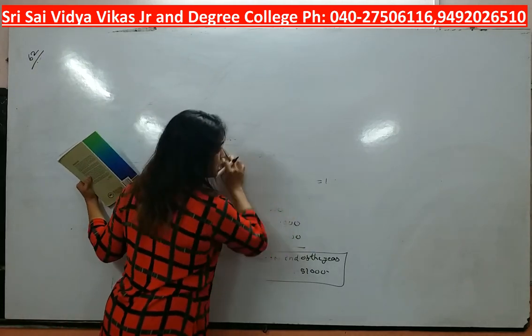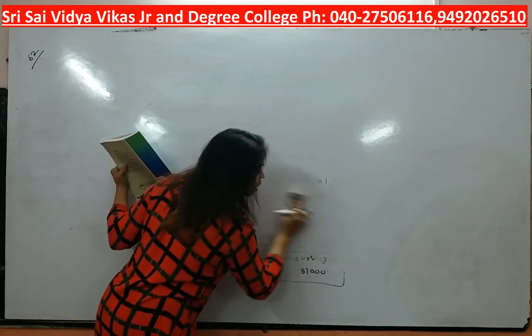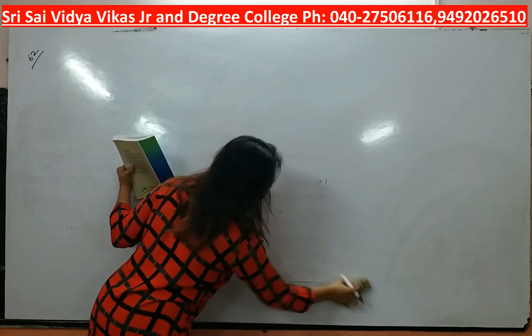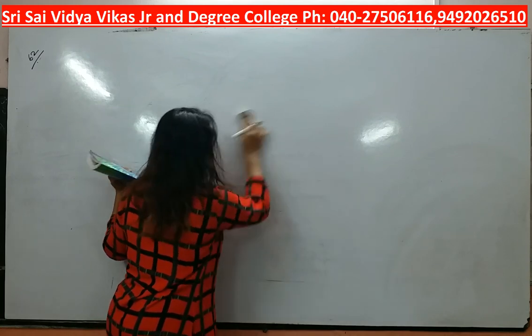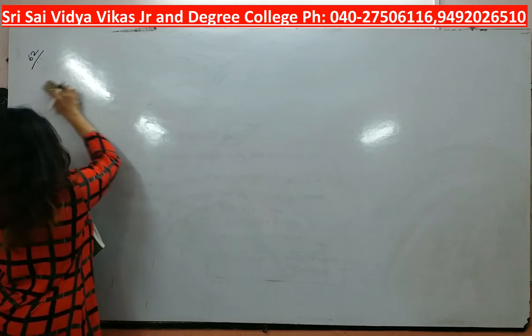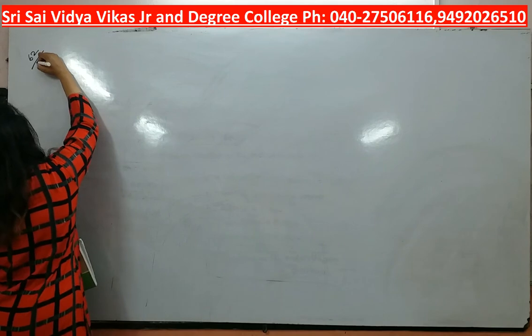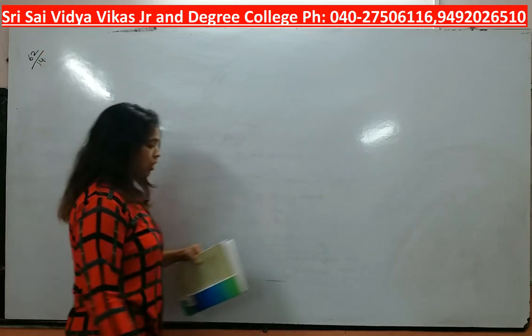Difficulty level is 0. Whatever you have done last year in final accounts, you know what are your assets and what are your liabilities, right? So those things we are going to implement over here, and it is going to be very easy. You just need to understand the concept well. Page number 62, problem number 14.